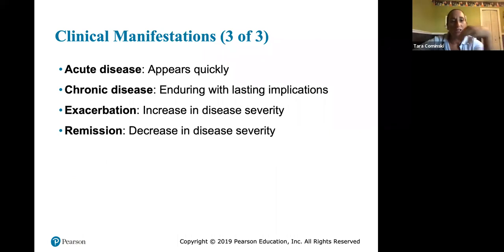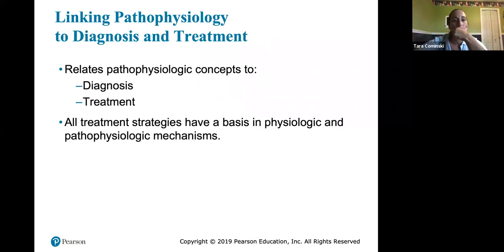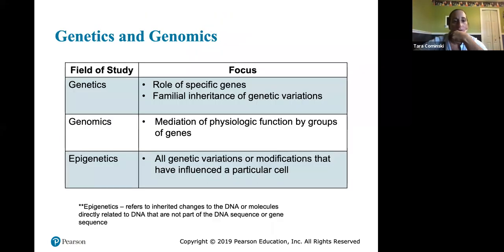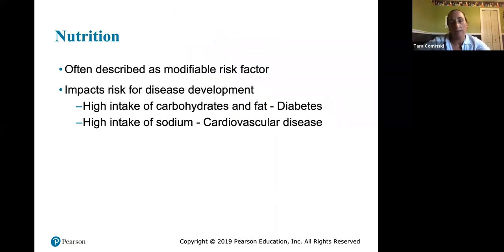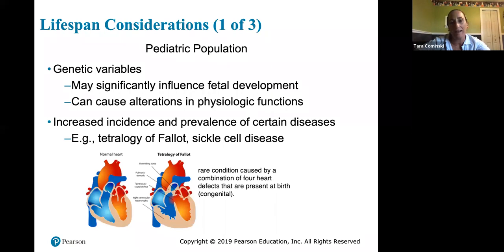Again, I think I mentioned some of these things. So these are just some broader terms that we want to think about: acute versus chronic, exacerbation versus remission. Okay. Let me come back to here in a second. So again, I mentioned this. I'll come back to the genetic stuff because that's the next chapter, just to introduce that next chapter.